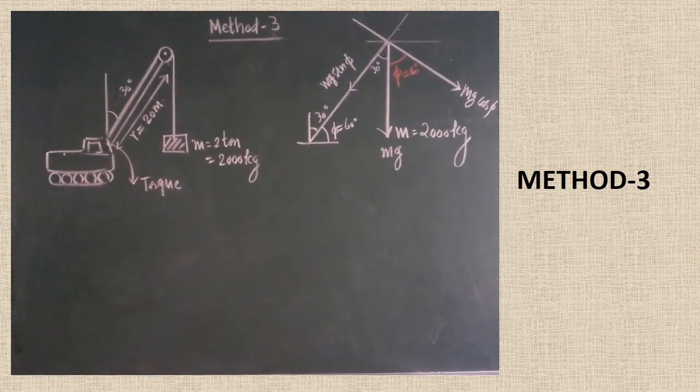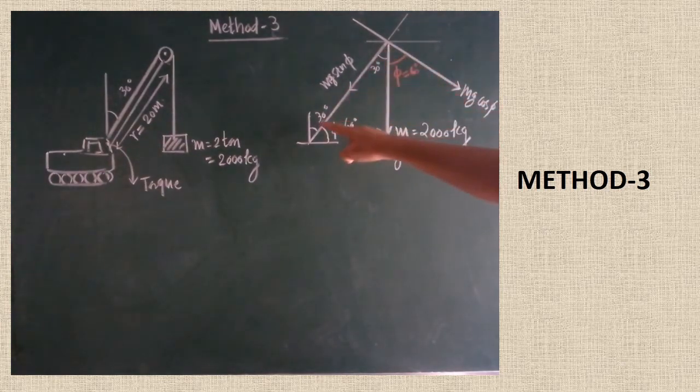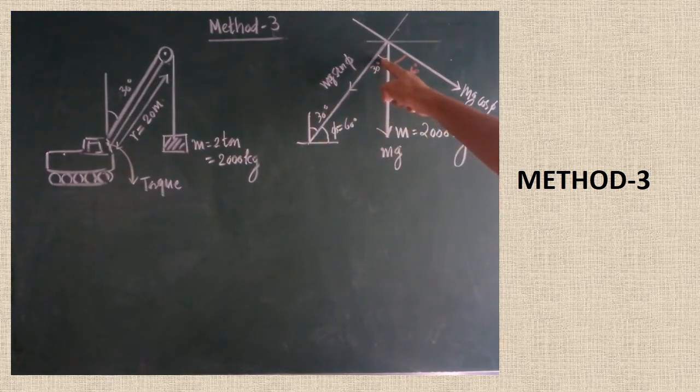Now in the third method we are going to calculate the torque by using another formula. In the previous case we used torque is equal to perpendicular distance into force. Here this is the arm length, which makes 30 degrees with respect to the vertical. Now I have drawn a perpendicular line with respect to this arm. If the angle is 30, the opposite alternate angle will be equal to 30. Since it is a perpendicular line, what is the remaining angle here? The remaining angle φ will be equal to 60.